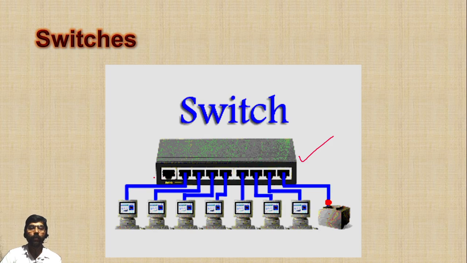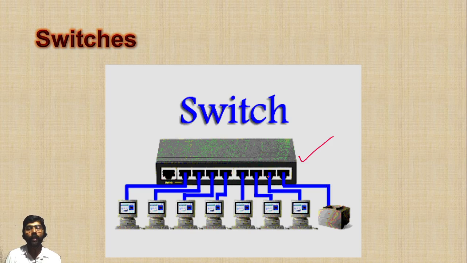But the difference between hub and switch is, whenever the hub receives any data in a port, it just broadcasts it, so network traffic may occur. But in a switch, whenever the data is transmitted to a port, it identifies the destination port and sends it over only that port. It never broadcasts over any other ports. So the network traffic is less.